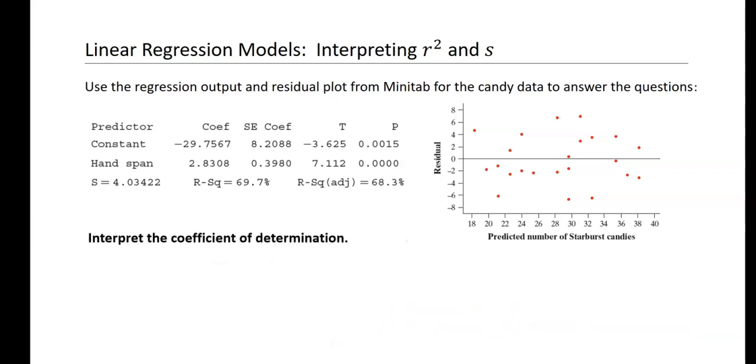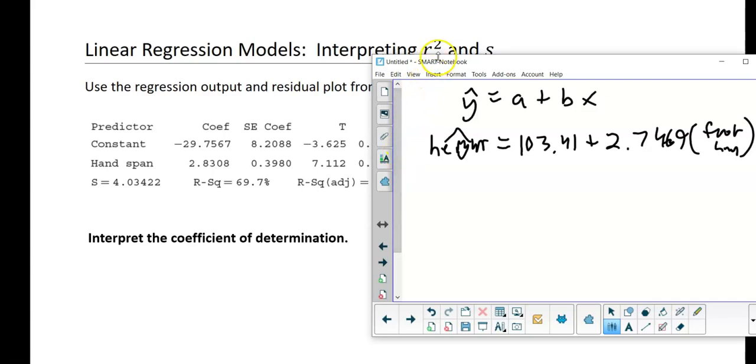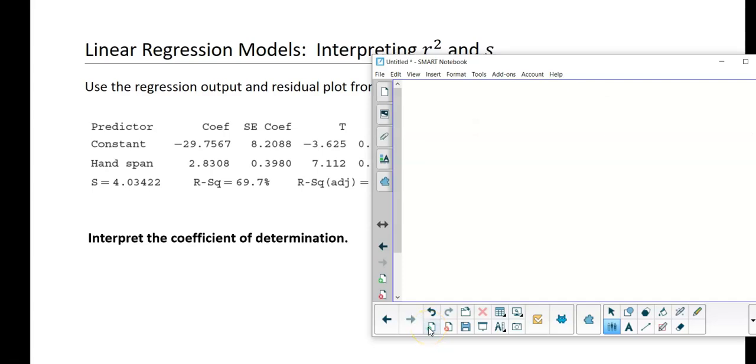Okay. Interpret the coefficient of determination, R squared. So R squared is 69.7 there. It's almost like a script you memorize for R squared, the coefficient of determination. So I'm going to try it my way, and then we'll look at what they say. So something to the effect of